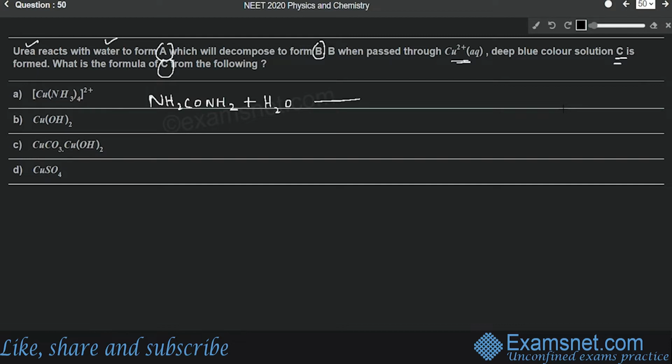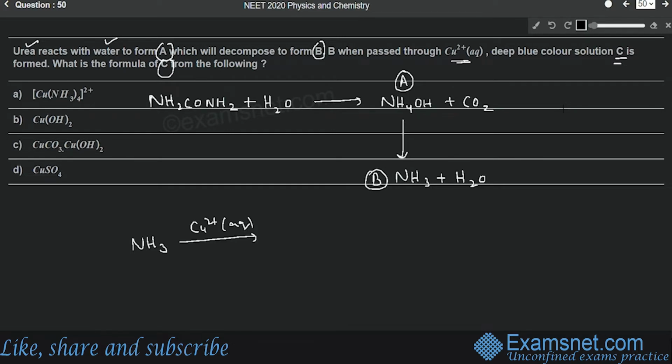What will we get here? We'll get ammonium hydroxide plus carbon dioxide. So this ammonium hydroxide is the compound A. Now this will decompose to give some compound. So when this ammonium hydroxide will decompose, we'll get ammonia plus water. So this ammonia is the compound B. Now this B will pass through aqueous copper. So let's write this reaction separately. Ammonia will pass through copper. Then what will we get here? We'll get